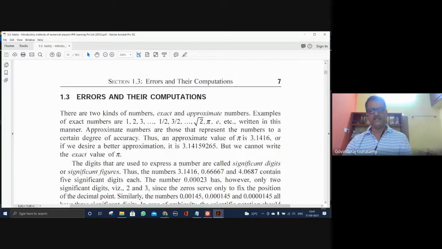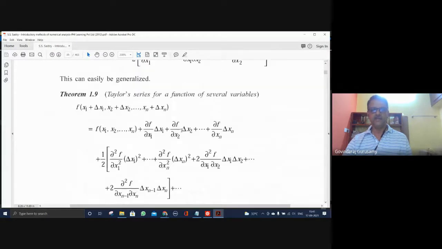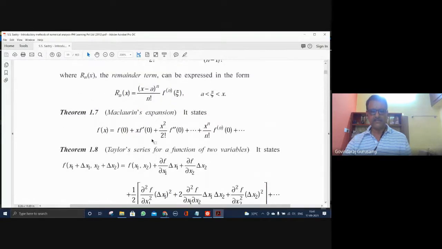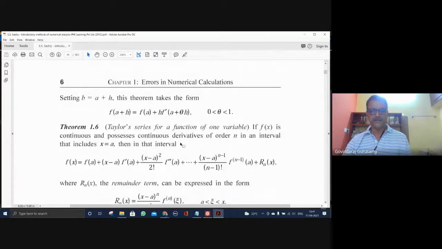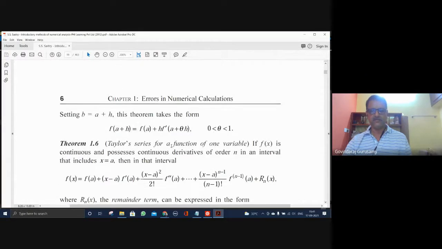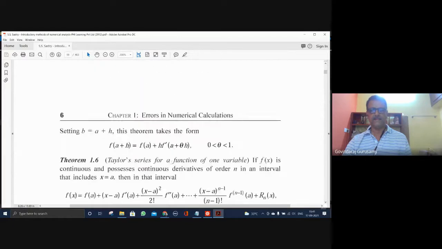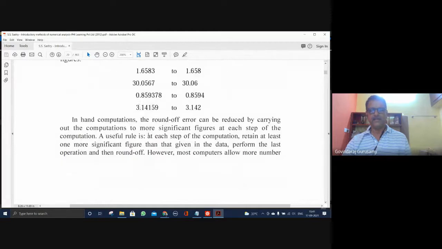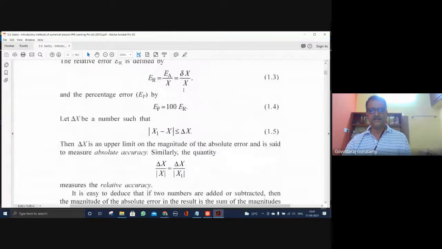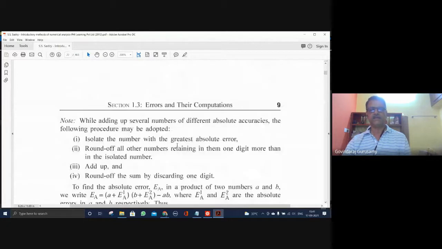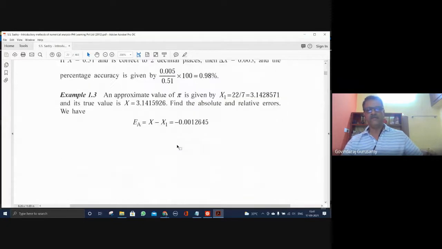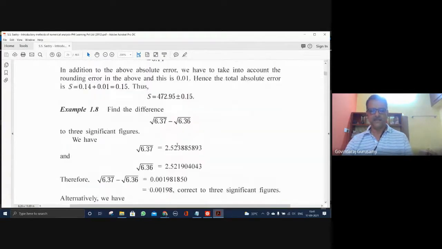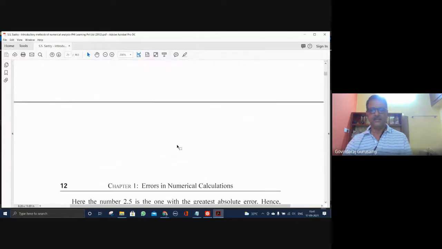With that, he starts introducing these errors and their computation. So when you go through these theorems, you should have an understanding of how these expressions arrived here, and these are the expressions which we are going to handle afterwards. There are various types of errors described here. We will try to look into a few of them and work out some simple exercises, to understand them and make sure these errors are understandable for us.